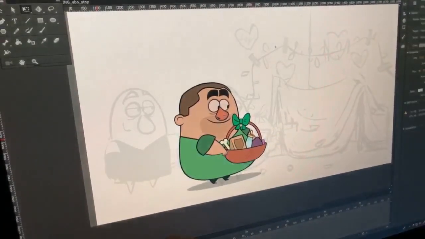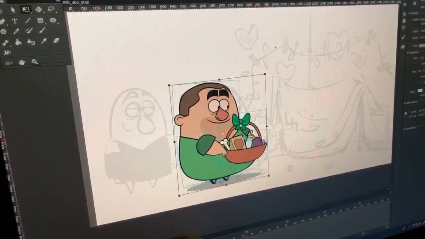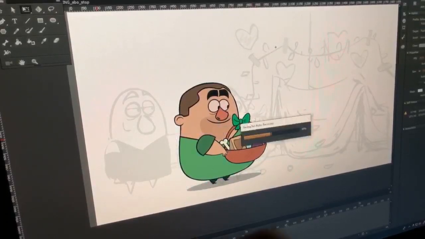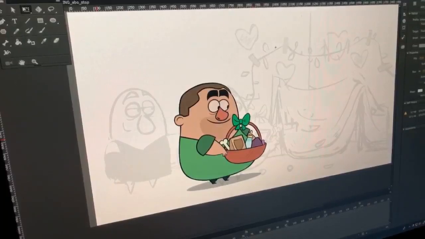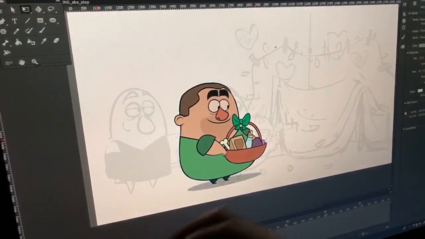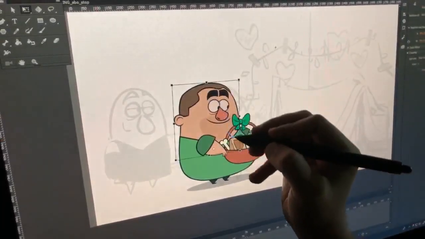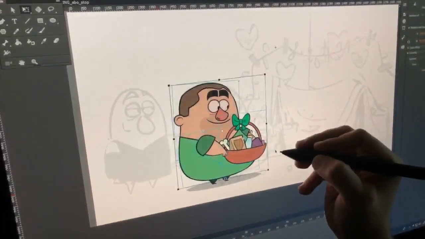Okay, so now between these two drawings, you see he's squashing. He's squashing, then he's gonna come back up and back to this first position. Before he comes back to his first position, I'm gonna have him go up a little higher than his default position.